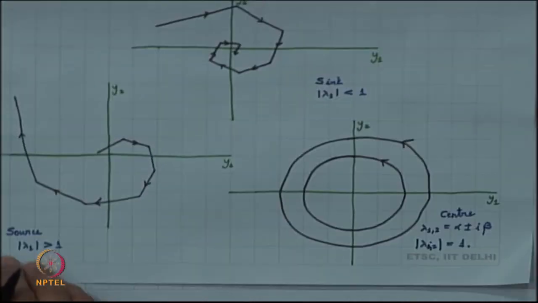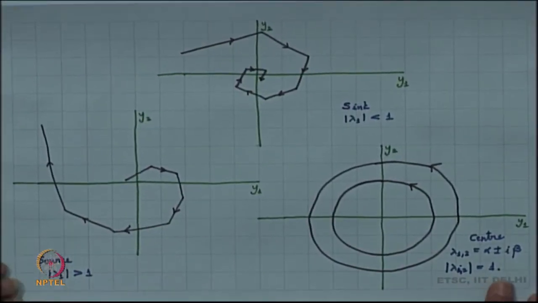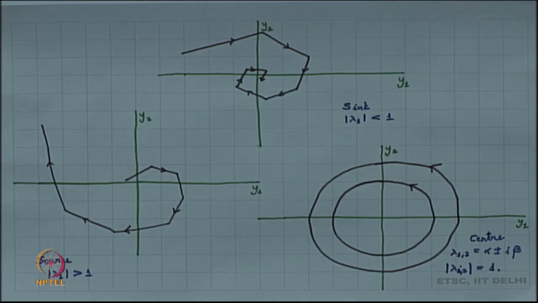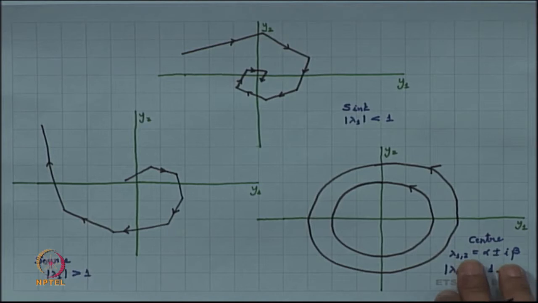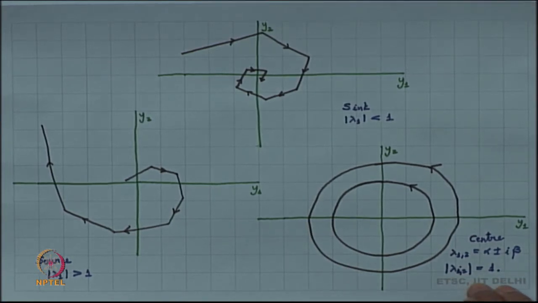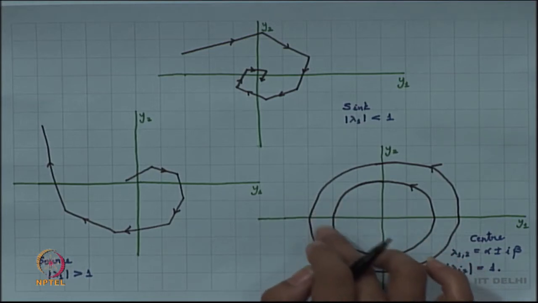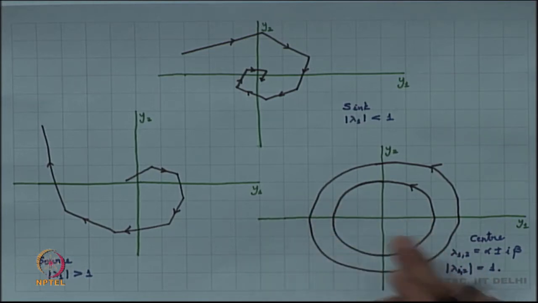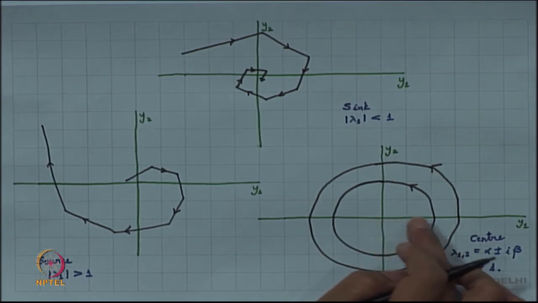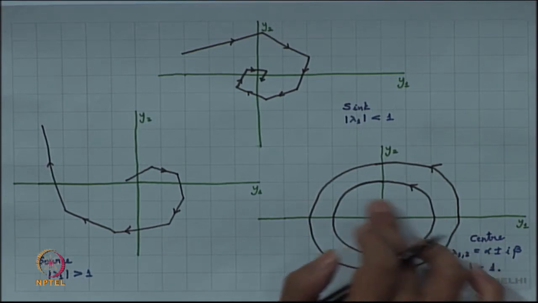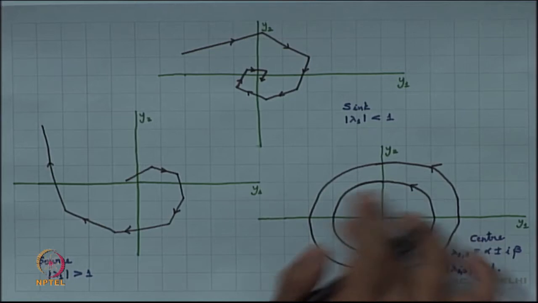So, we get back to our picture. What our picture says here is that these are my eigenvalues, alpha plus or minus i times beta, and the modulus is 1. If you think of every orbit, every orbit is just rotating around the center. So, the origin is a center and every orbit is just rotating around the center in a circular path, the radius remains the same, it is just rotating around the circle.